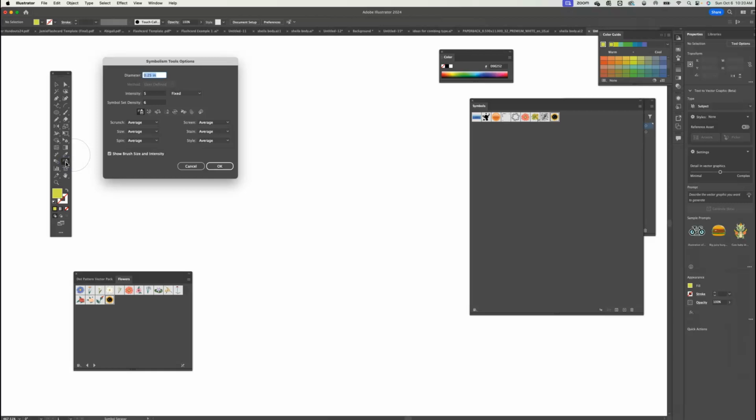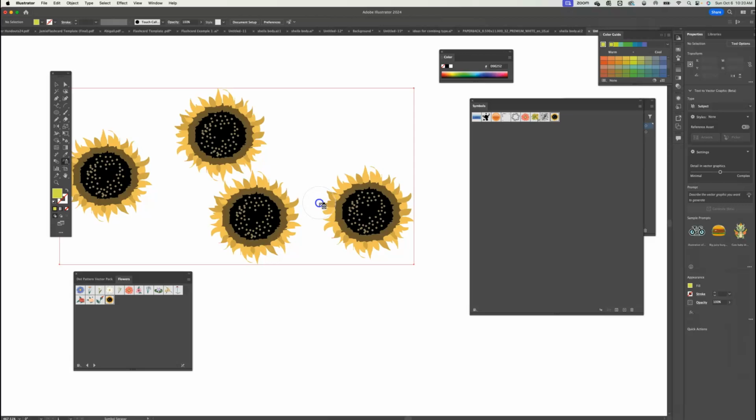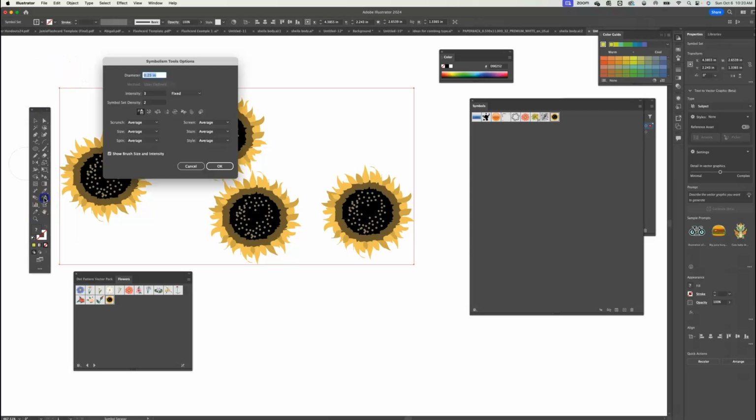So remember, you have to double click on the tool to get the tool dialog box. So these are your option boxes. So we'll go back to 3 and symbol density of 2, and we're going to say okay. And so we're just going to make a couple of these. Now, you'll notice that there were some other things in there. So while I have this highlighted, if I double click on my symbol sprayer, you'll notice that here I have,